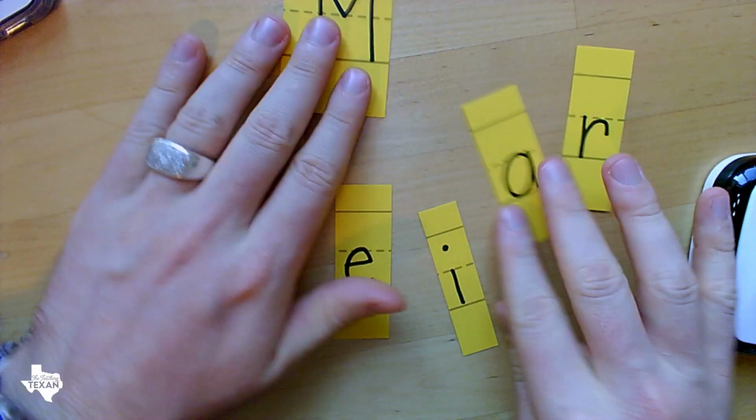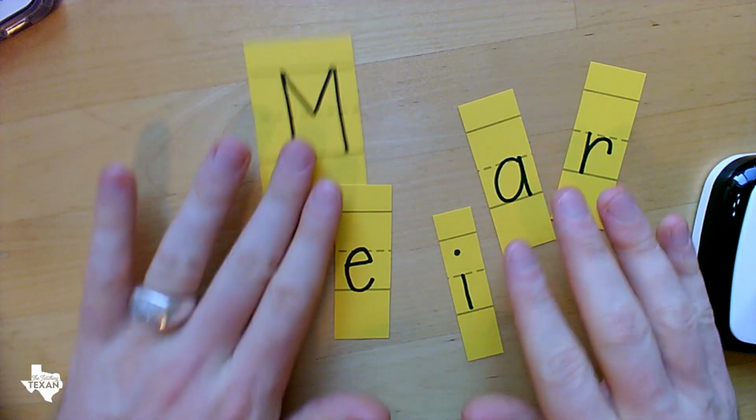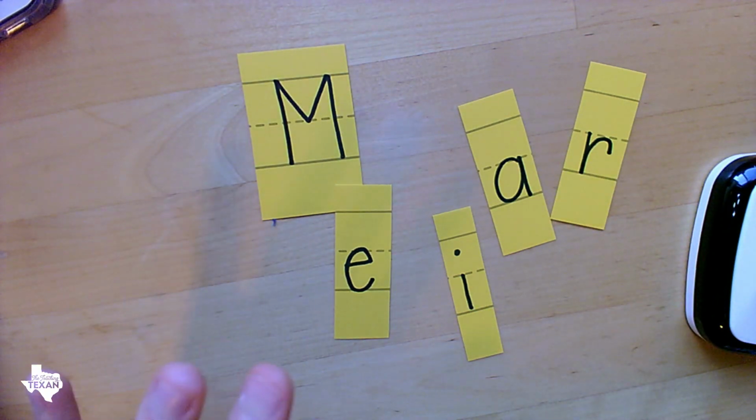Here we go. So I just have Marie's name written out on a sentence strip, and then I literally just cut it apart, and then we will use these over and over. So once they use them one day, they go back in the bag, and then we use them again at the next small group. The goal of this is to have the student put the letters in correct order,